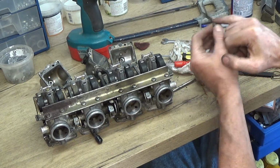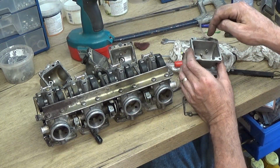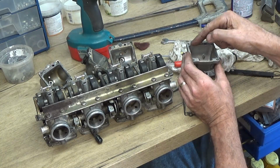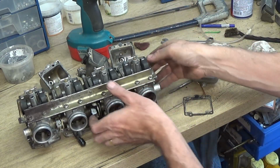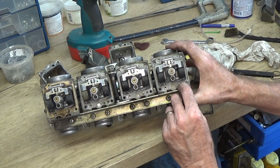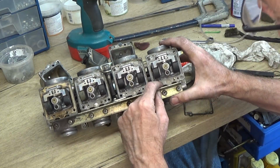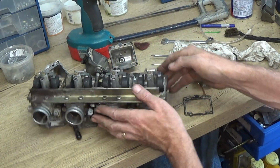because along that strip there is where the air will be going, or the fuel will be going, down there, up there, along there, and then it will go into the carb somewhere, and it's into this little, that little pipe's one of them. I think that holds the other one, so we're going to have to make sure all those are clean. The float balls,